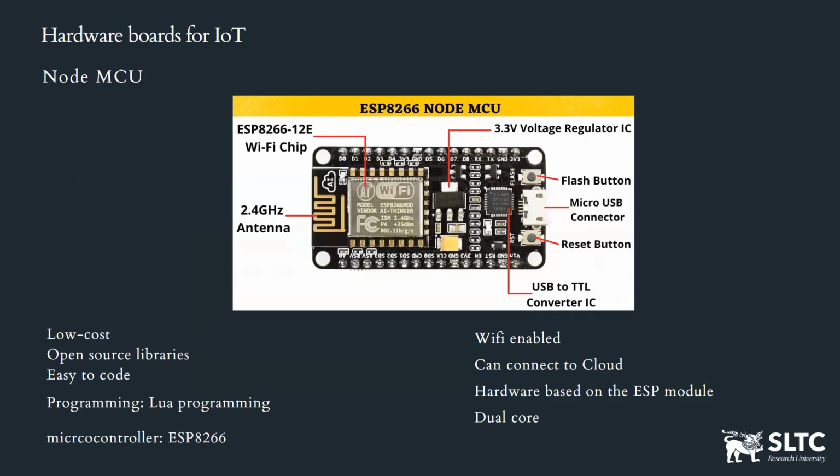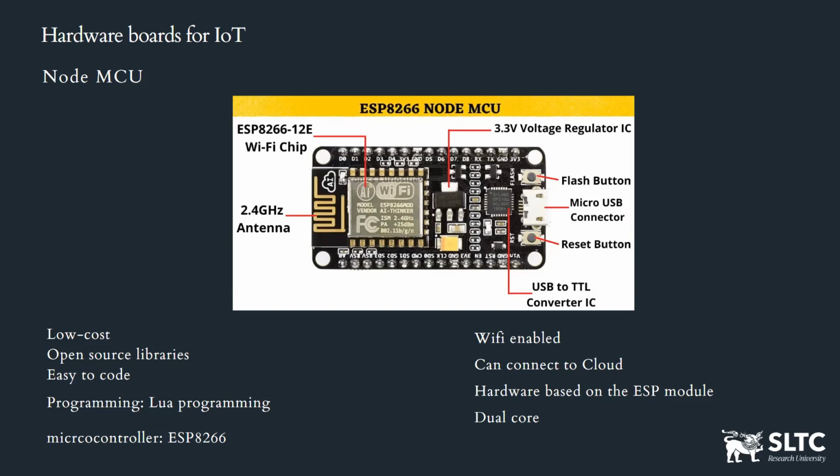And when you talk about the data processing, there are two cores. So dual core processing is enabled in here. So you have two cores to do the processing. So the processing is much faster, and you have basically Wi-Fi connection and other communication technologies enabled in this one, which you have to actually refer the data sheet properly to understand all the different functions enabled in this microcontroller board.